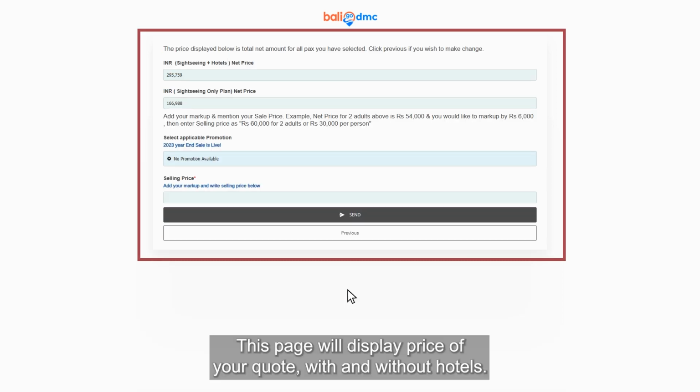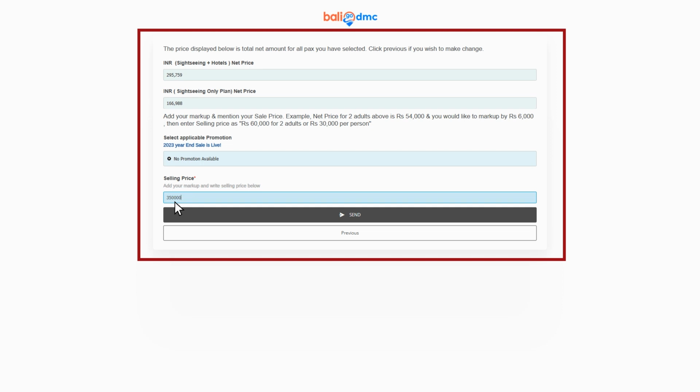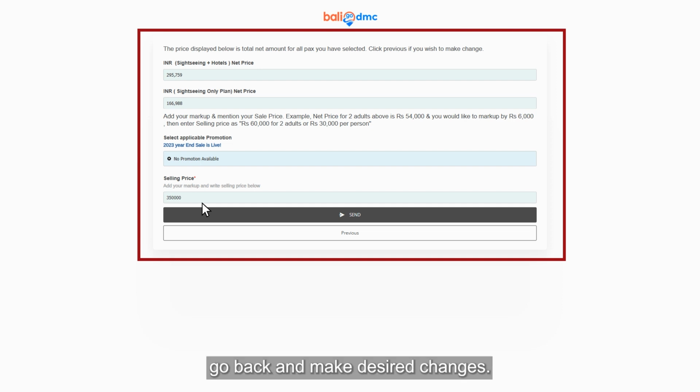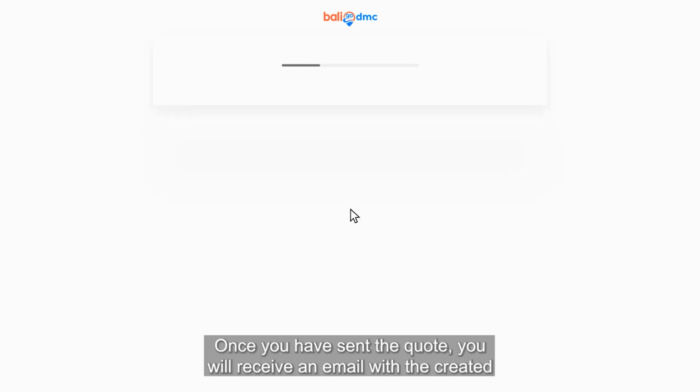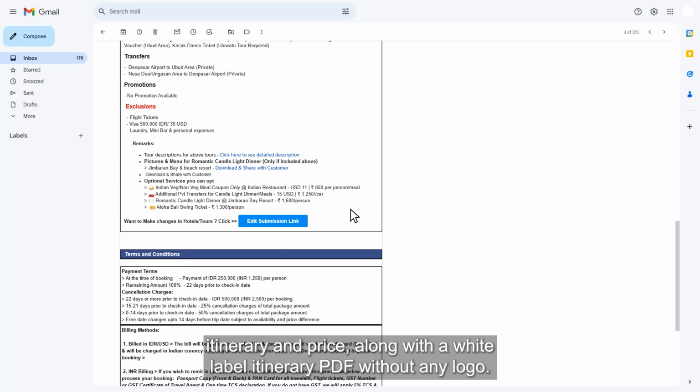This page will display price of your quote with and without hotels. You can select promotion and enter your selling price, including your profit margin. If the price is as per the client budget, you can click Send, or otherwise go back and make desired changes. Once you have sent the quote, you will receive an email with the created itinerary and price, along with